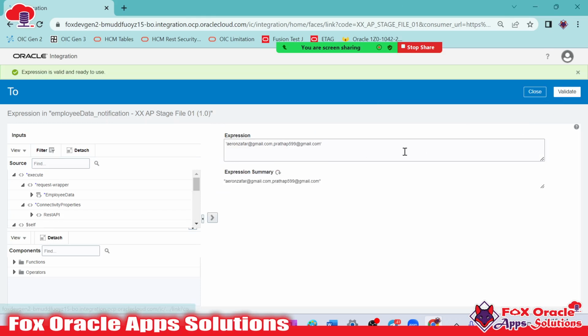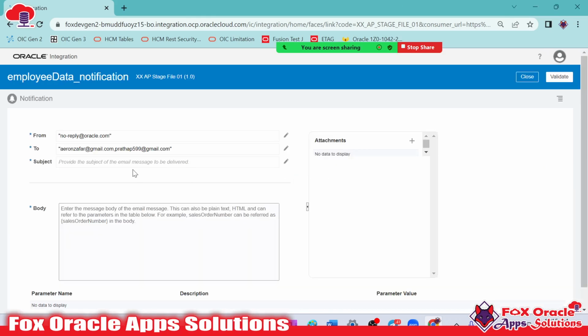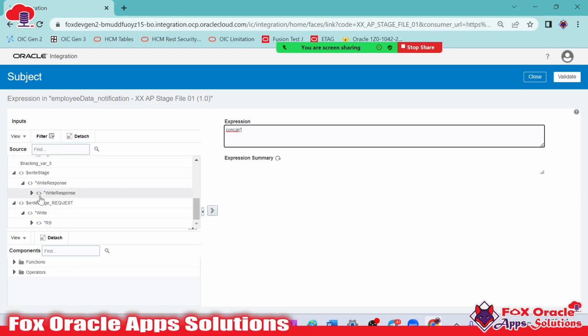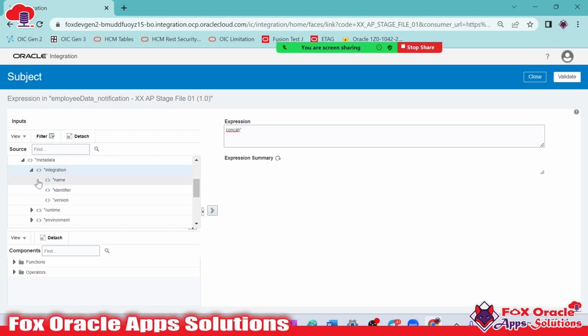So now here we will validate. So now we are done with the two email. Now subject, here I will give the name as integration name. Integration name again we will get from metadata. Here in the integration we have added name. I will drag this name here, and then we will use message as